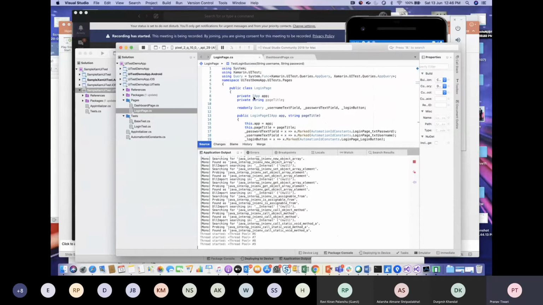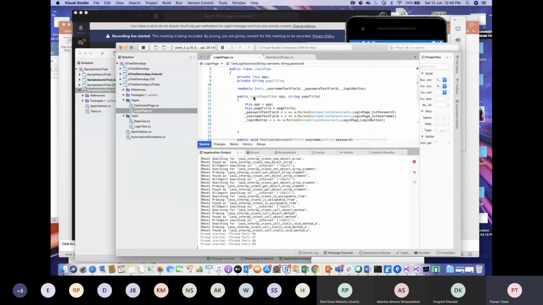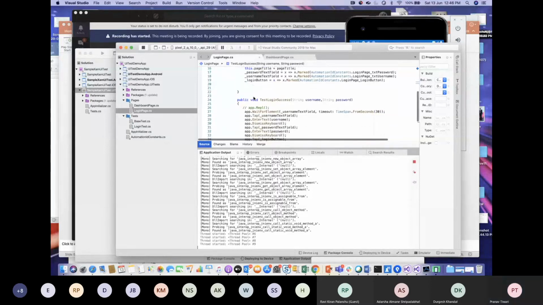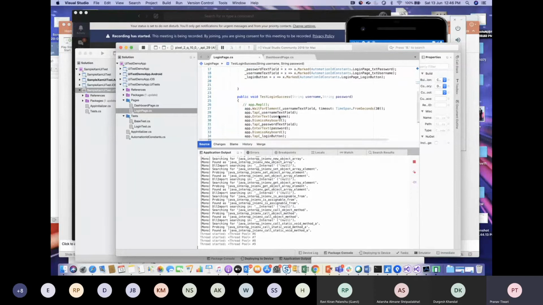As I've already told, for each screen it's good to create a page, and that particular page instance we will be using in our test. Every time we don't have to write all this; we'll know that for getting a particular element, we have already written a function. So we'll call that function and it will do the execution. So it's good to follow this page-based model for automation.